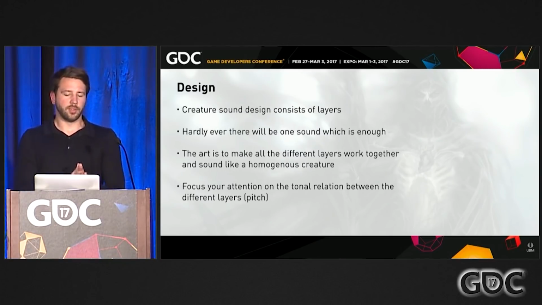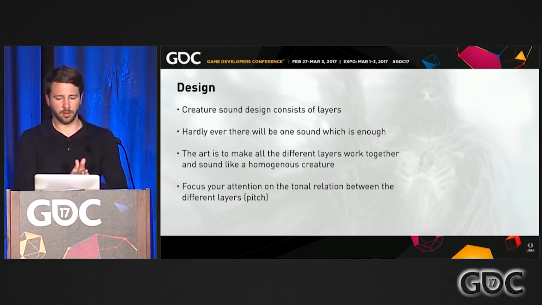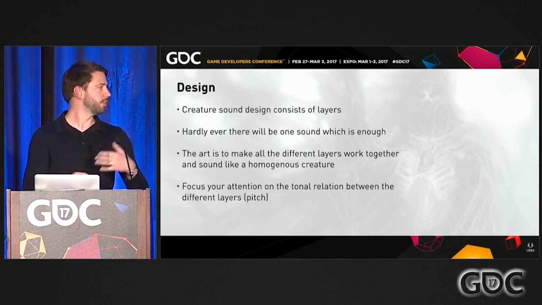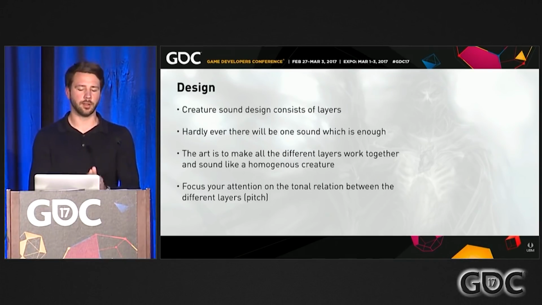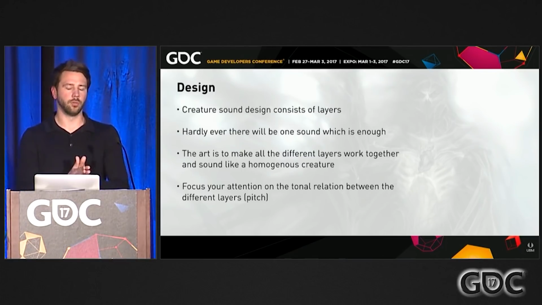So just a basic statement now. Creature sound design consists of layers. I think you got that by now. Everything I showed you over the last half an hour, hardly ever will there be one sound which is enough. So even though we create a great source material with the Sanken, it still needs to be layered up with different material to get to that character we are always after, and to get to that believable